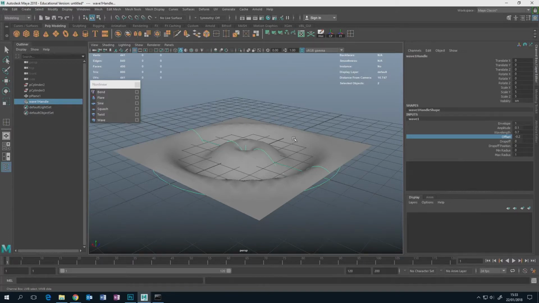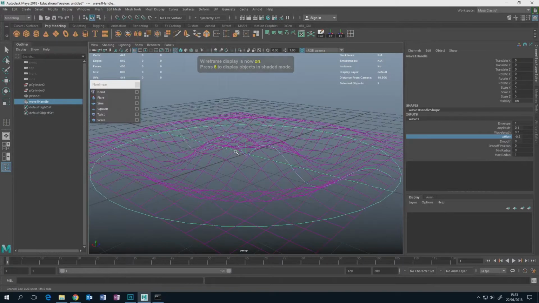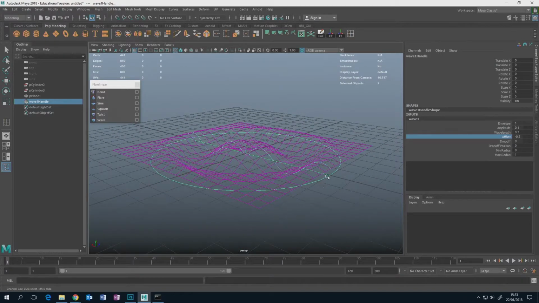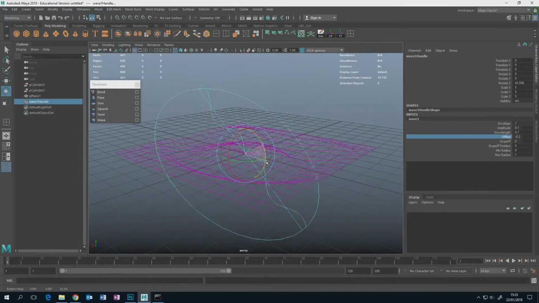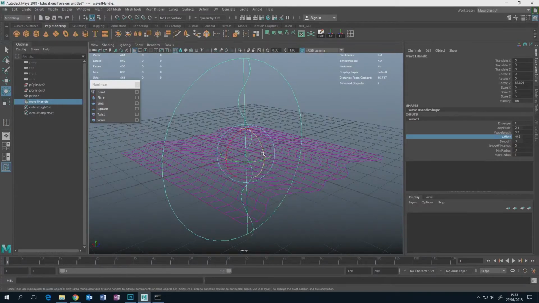Now I'm going to combine these. That's the combine button. These are one object, and I'm going to delete the history. See the value of having these buttons up here and just getting used to what the buttons do, both the ones you make yourself and the ones that come with Maya. But anyway, with these selected, this is one object. So if I applied a twist modifier to it,